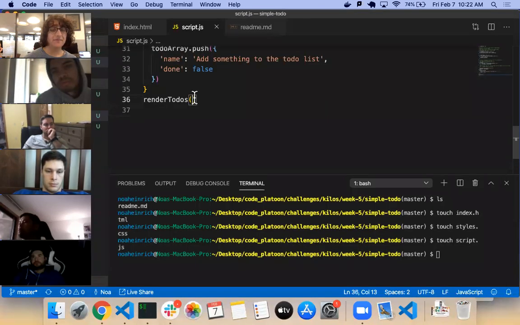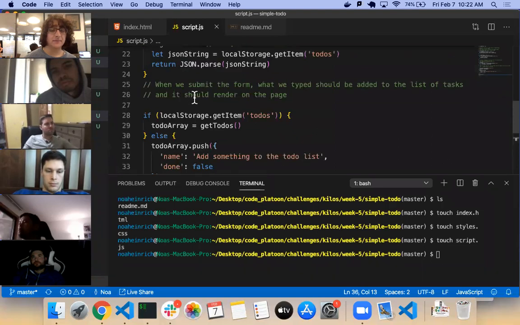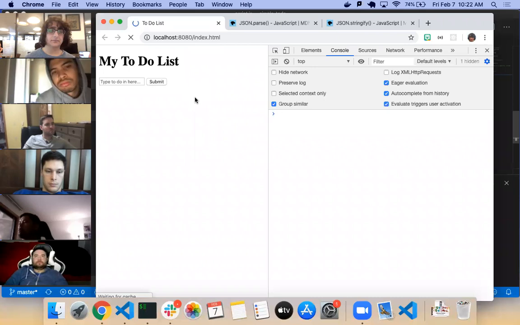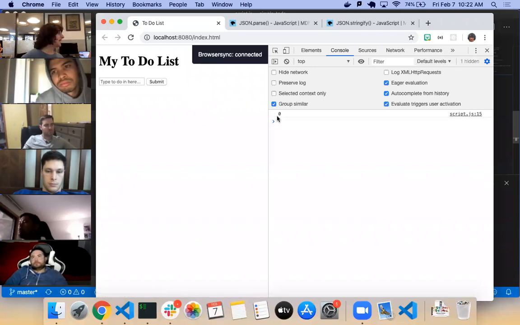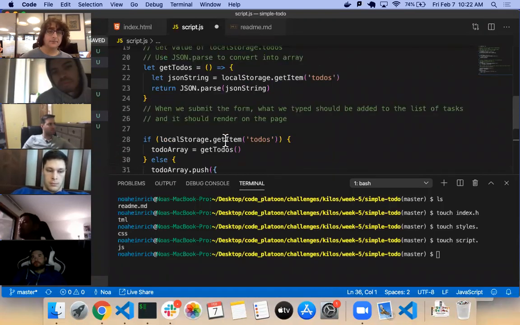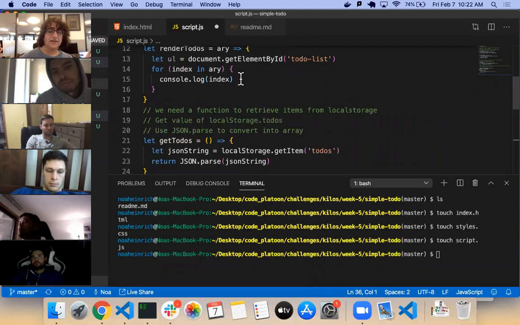Oh, we didn't give it an array. We need to give it the to-do array as an argument. Okay, yeah, so it gave us the index number for using that format. All right, so for index and array,